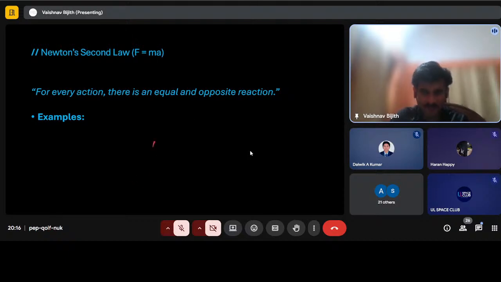Right, like I said, we already discussed what makes a rocket push away from the ground. We discussed that the fuel gets burnt at a very high temperature, and the gases from it go downwards. So that's an action, and the reaction to it gives a thrust and makes the rocket move upwards. So that's an example of Newton's third law, right? The action is that gas goes downwards at a very high speed, which causes the rocket to have a thrust and go upwards. Is that clear?